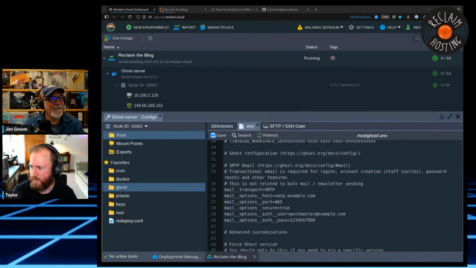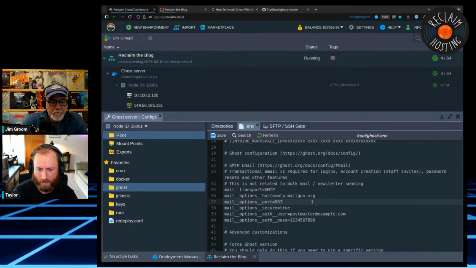SMTP. This is mail stuff. I will put some of our stuff in here, but not passwords. So the host, we're using Mailgun. I think just about anyone who's using Ghost, especially for newsletters, will want to use Mailgun because you're going to need to use Mailgun for the newsletter part anyway. So you might as well use it here too. This is the configuration for non-newsletter stuff. This is for password resets and things like that. For newsletter stuff, that happens actually in the Ghost interface when you log in. This is the transactional email, and then the other one is bulk newsletter email. Yeah, exactly.